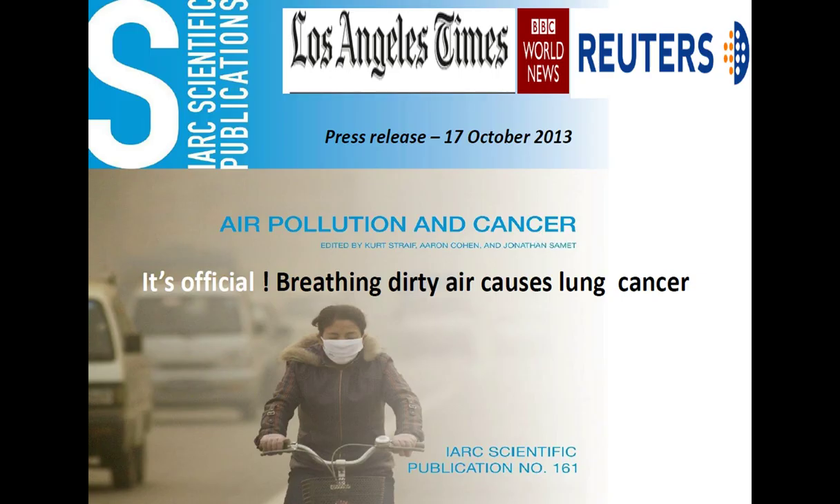Also, besides the tobacco exposure, we need to be aware that one major cause of lung cancer onset in the future will certainly be air pollutant exposure. And as you know, it was claimed by the World Health Organization in 2013 that air pollution is now a type 1